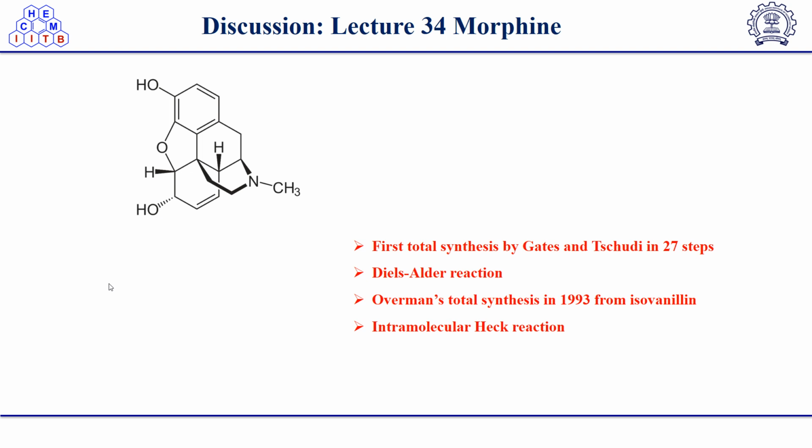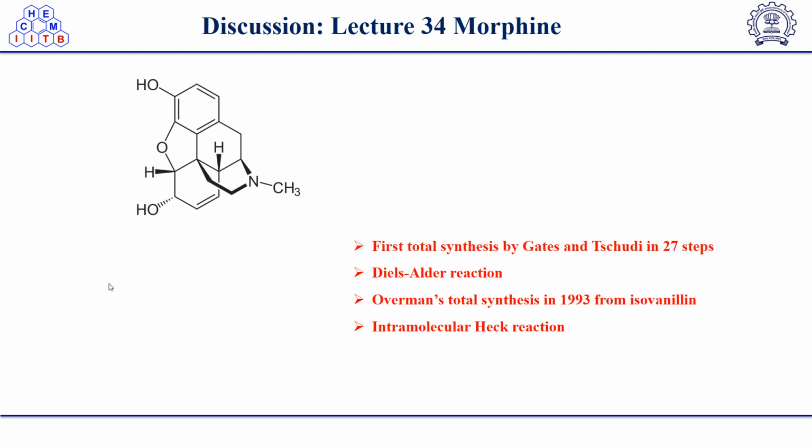So Gates and Schudy reported the first total synthesis of morphine in 27 steps, where they used Oppenauer oxidation as one of the reactions, and the starting material was naphthalene-2,6-diol. And the key reaction in this synthesis was the Diels-Alder reaction, and he could complete the total synthesis of morphine in 27 linear steps with an overall yield of